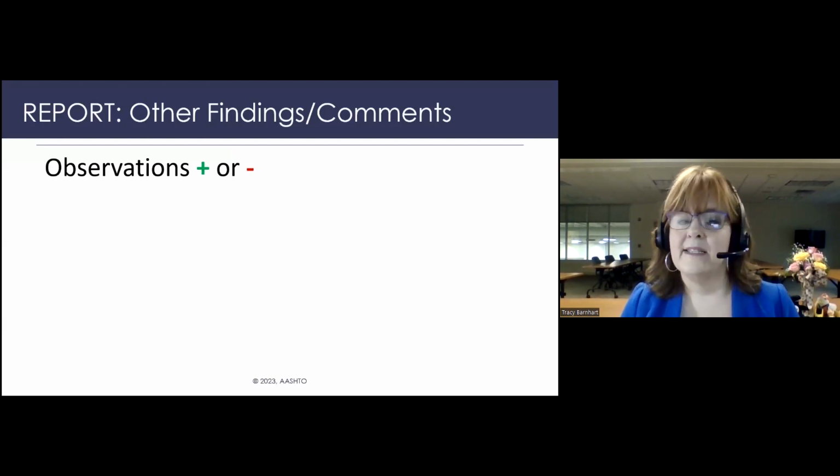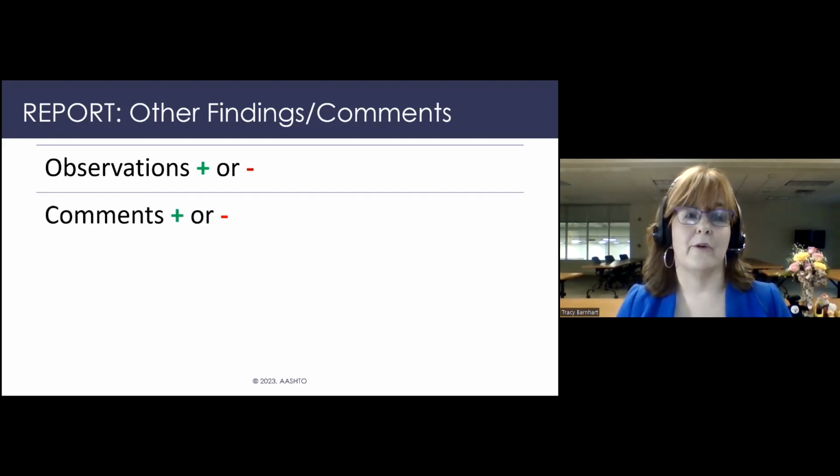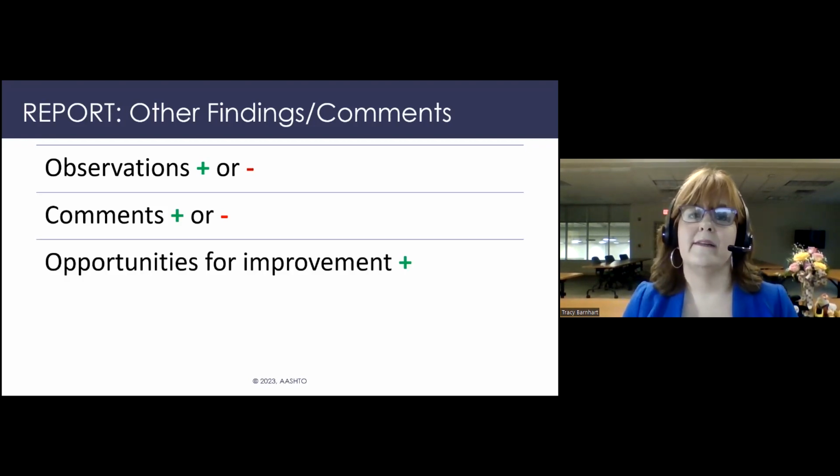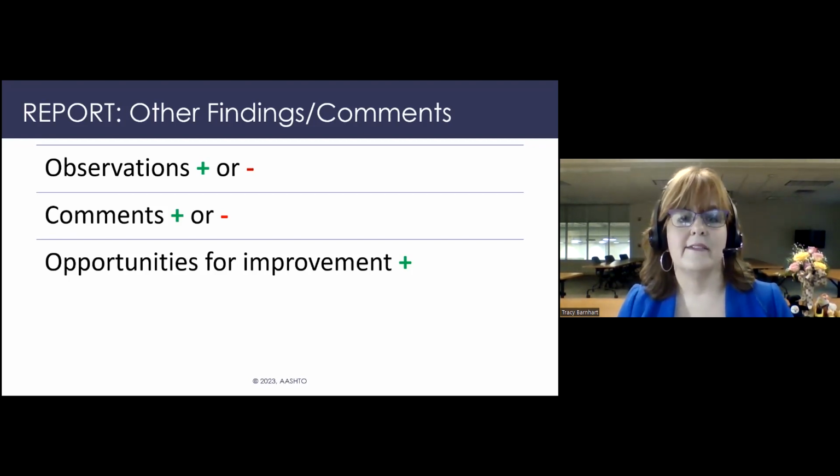Other findings and comments that you can include on an internal audit report: observations. I spoke about that earlier. Something of value to an organization. These could maybe be borderline nonconformities that aren't really a big deal at the moment, but you don't want to ignore them. Can be statements of excellence. Corrective action reports are typically not required for observations. You can include comments. This could be interesting information, stats, trends that you're seeing, and those opportunities for improvement. Always try to include those on your internal audits. That's what it's all about, the improvement.